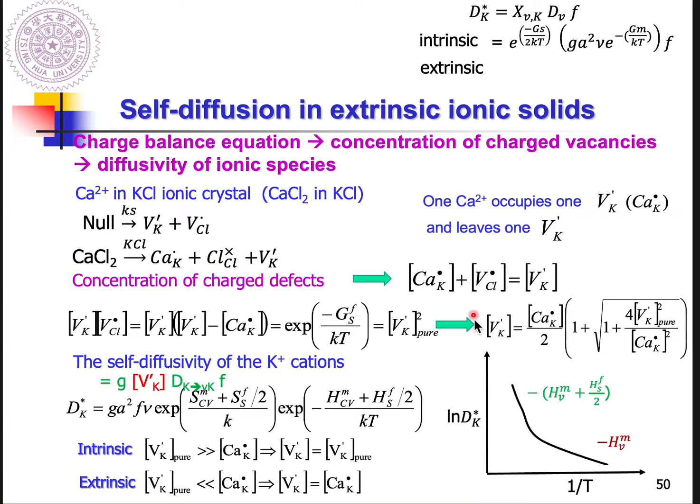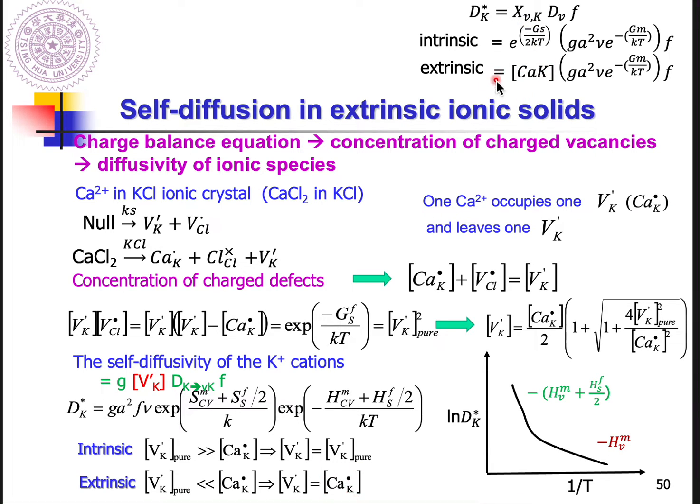So the VK prime will be equal to the concentration of the dopant, the atomic fraction of calcium at potassium site with one positive charge. Actually, this is related to how much calcium chloride you dope in this ionic material, right? So if it is correct, you can get the diffusivity, and the XVK will be equal to this value,